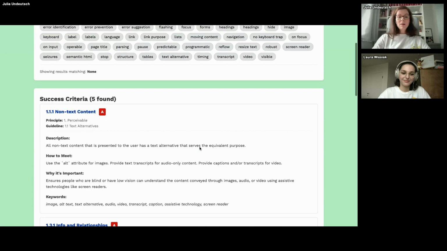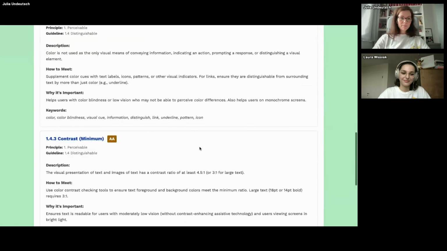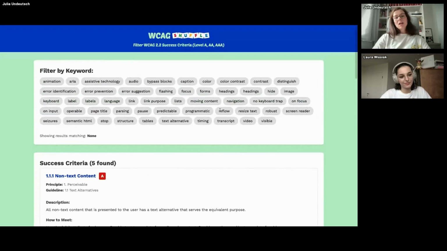This is just an example and my first start on how to filter the success criteria, because I struggled, and I think I also made a mistake in my last webinar when I talked about the focus, where I said the color contrast of the focus element was not high enough. And I thought the success criteria for this was focus not visible. I talked about it in my last webinar and I was proud of it. But of course I was so wrong, because it is visible, but the color contrast was the issue with it.